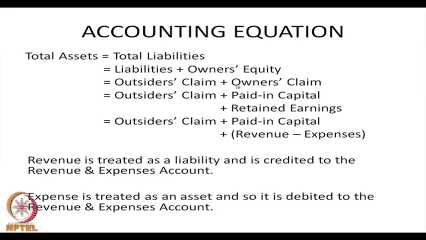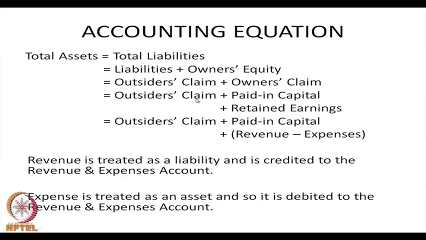Now, in our previous example, the suppliers were the outsiders and their claim was basically accounts payable, whereas owner was Hari and his claim is the paid in capital, that is of 1 lakh rupees, and the profit that he has made, which he has at this point of time forfeited, is as 3,000 rupees. So, owner's claim in our previous example is 1 lakh 3,000 rupees. That is what we are writing down here,